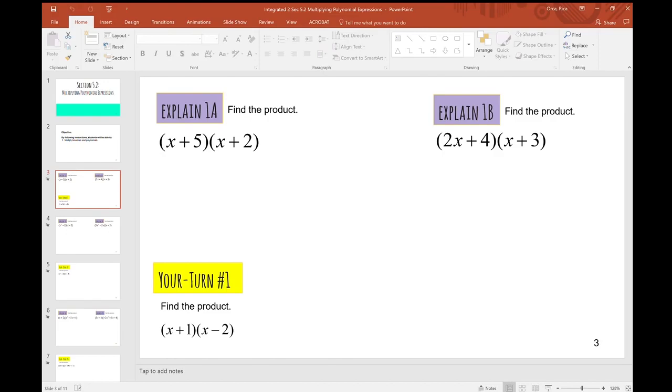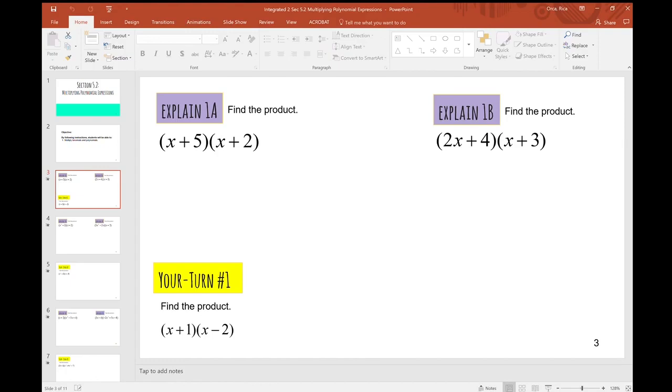So if you look at this problem, it looks like we're multiplying a binomial to another binomial. Now there's more than one way to multiply two binomials. There's FOIL, there's the box method, or the distributive property. In this video, I'm going to show you how to use the box method. But if you know how to use the two other methods that I've mentioned, feel free to use those methods